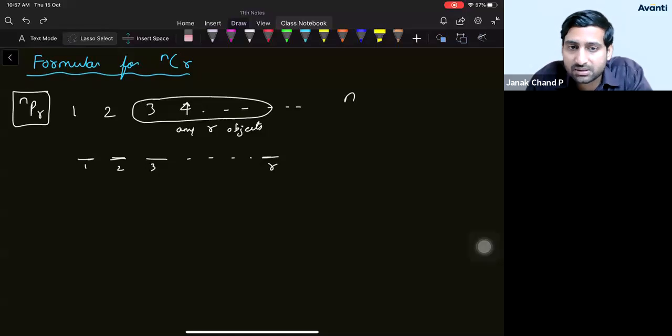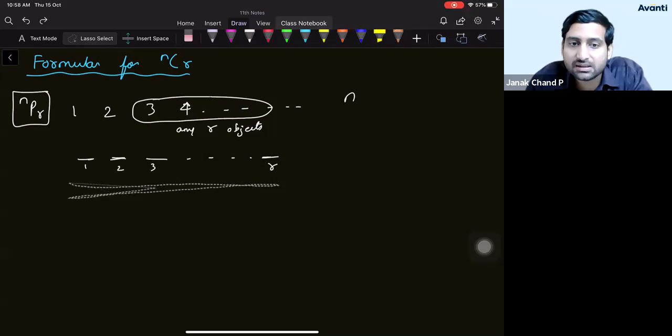The main thing that we have not yet discussed is, what about the remaining n minus r? The meaning of NPR is, out of these n objects, take any r objects and then put them in these positions. That is, arrangement of n objects in r positions. But if I go by the position approach, only r objects can be considered at a time. You take any r objects and see in how many ways we can arrange them.